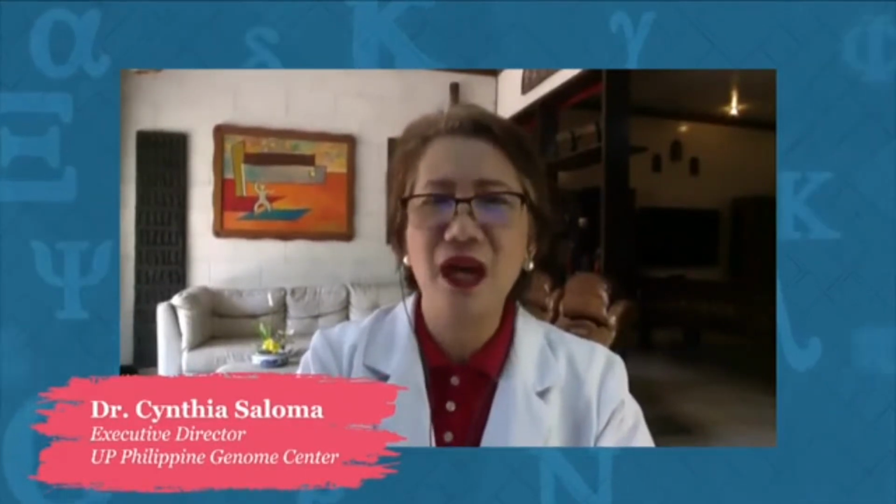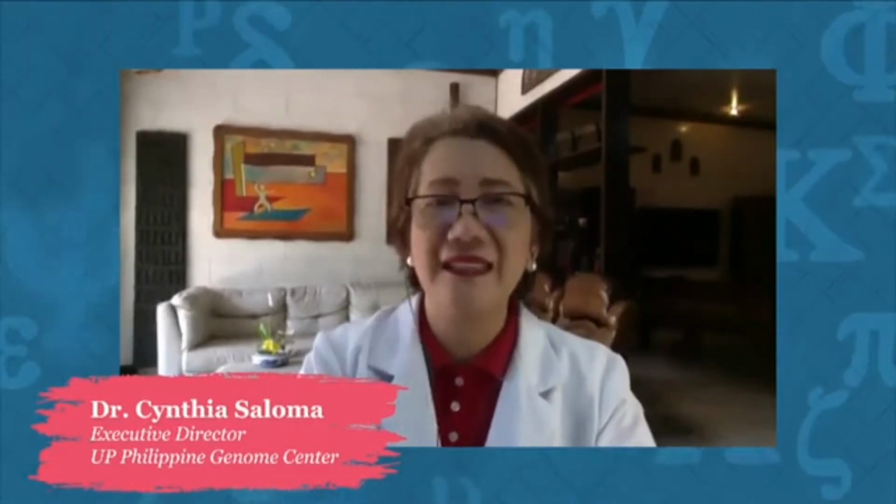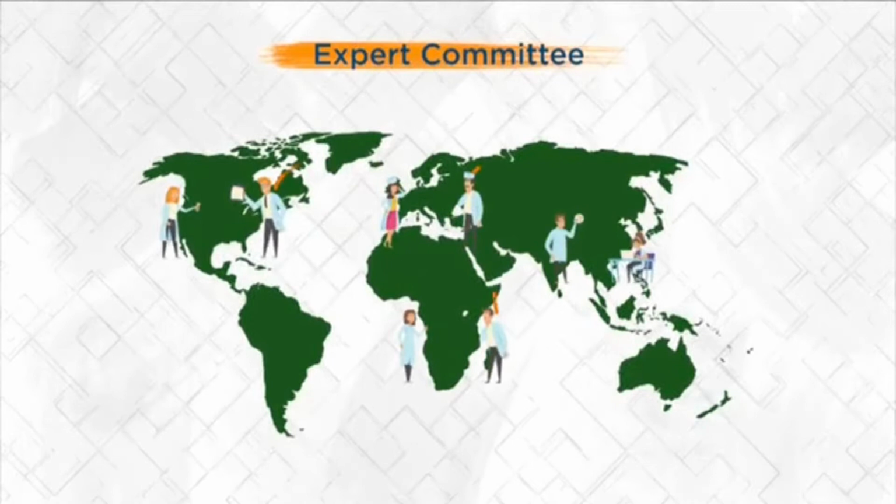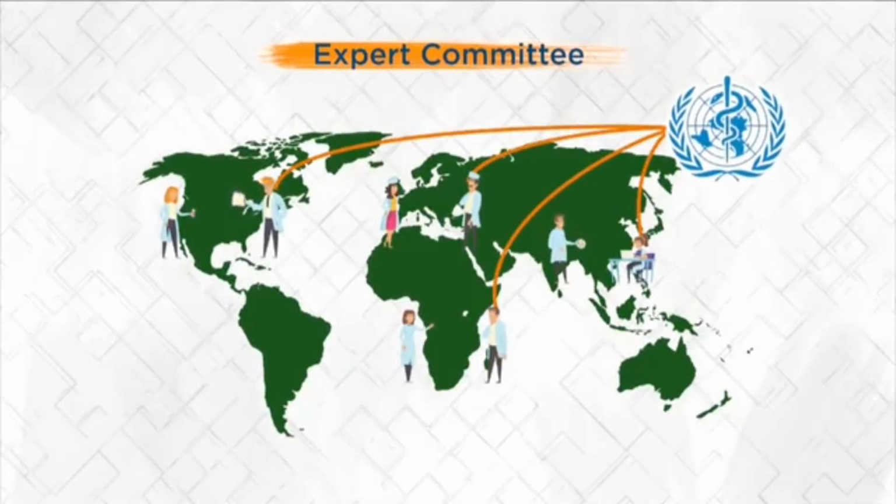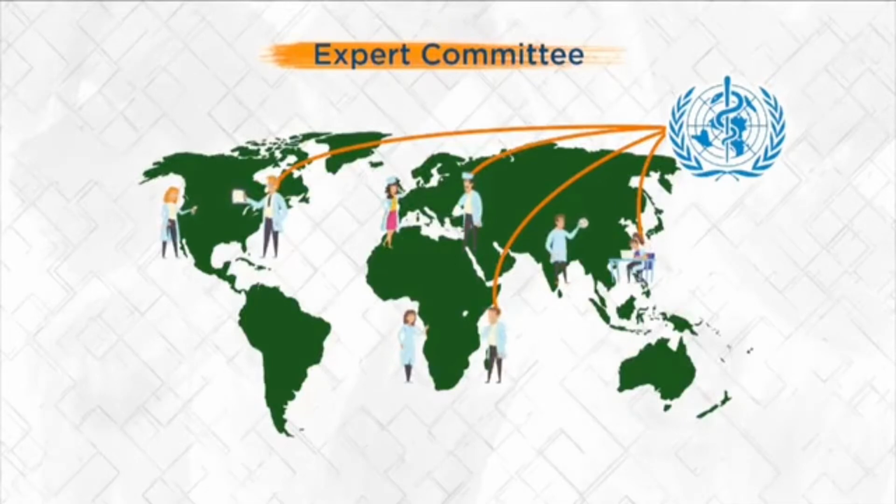So nag-isip talaga yung ating WHO ng isang system na madali sila maintindihan na ang qualification should be non-stigmatizing and easy to remember. We had a very large committee of experts joining WHO. Many of these people are scientists. They are not WHO people. They are global experts. We could find what is the consensus we can arrive so that we do not stigmatize people and countries. And after much discussion, they decided that it's best that we use the Greek alphabet to identify these variants of concern or variants of interest.